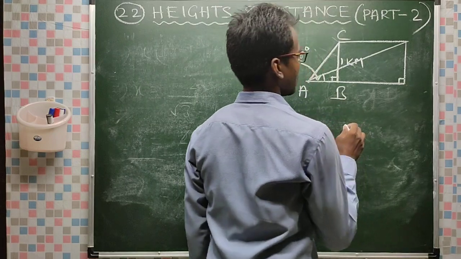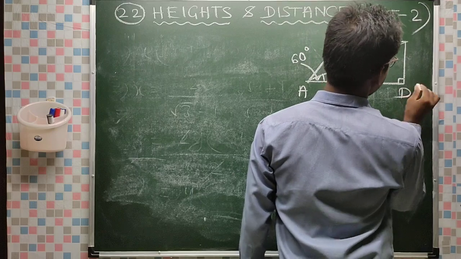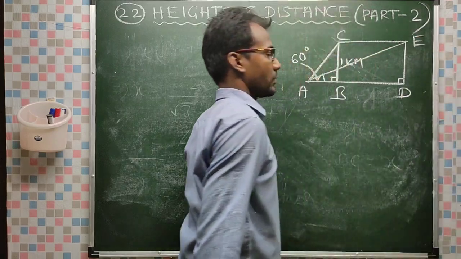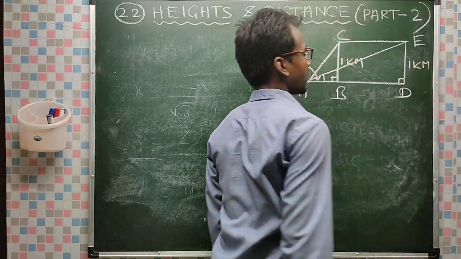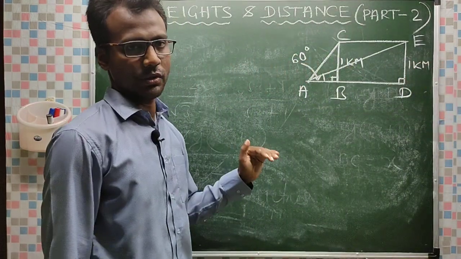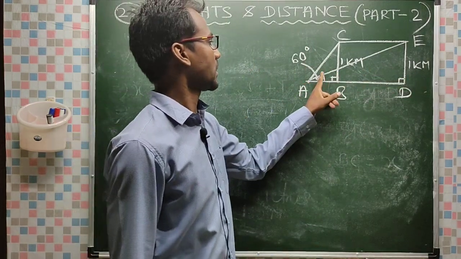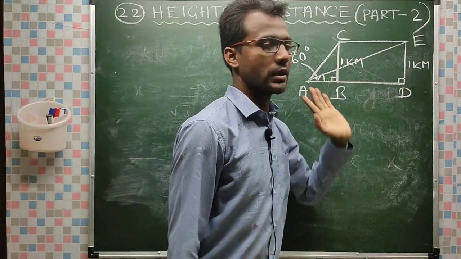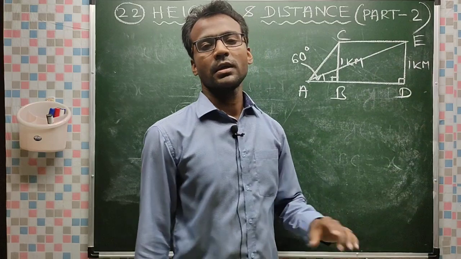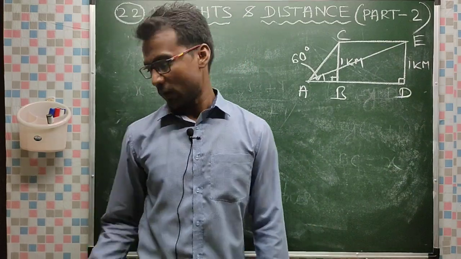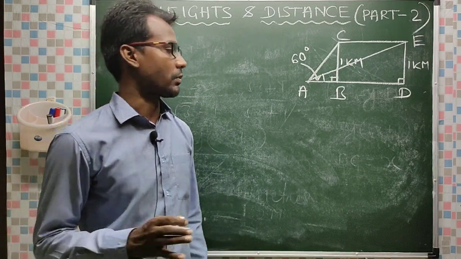Suppose A, B, C. This is suppose B. This is E. Again, the height or altitude of the aeroplane is 1 kilometer. The height is not changing. It is flying in a straight line, horizontally. Okay. This is 30 degree. This is 60 degree. 1 kilometer, 1 kilometer, and from here to here, from C to E, the aeroplane took 10 seconds to travel. Find the uniform speed of the aeroplane in kilometers per hour. You have to find speed.